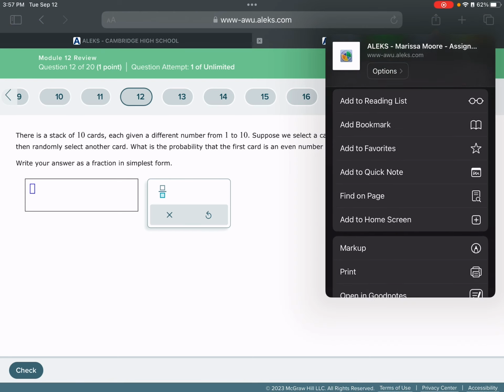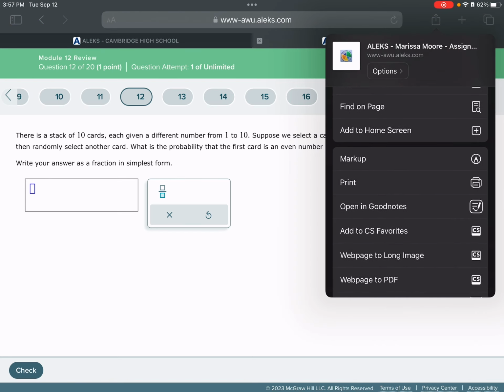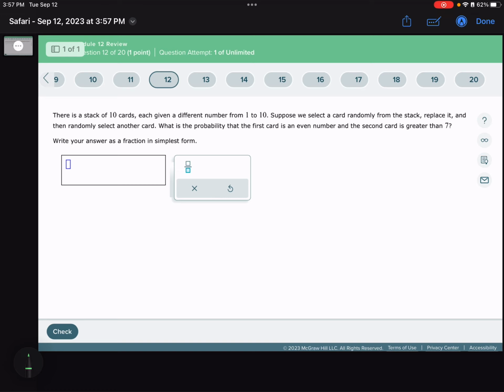A stack of 10 cards, each given a different number from 1 through 10. Suppose we select a card randomly from the stack, replace it, and then select another card. Key thing here, we are replacing. What is the probability the first is even